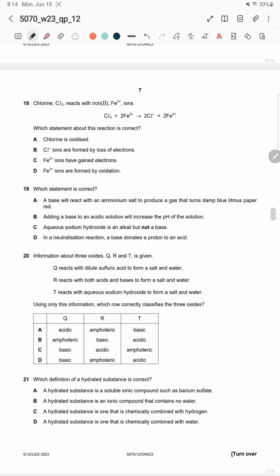Question number 18. Chlorine Cl2 reacts with iron, the reaction is mentioned. Which statement about the reaction is correct? So